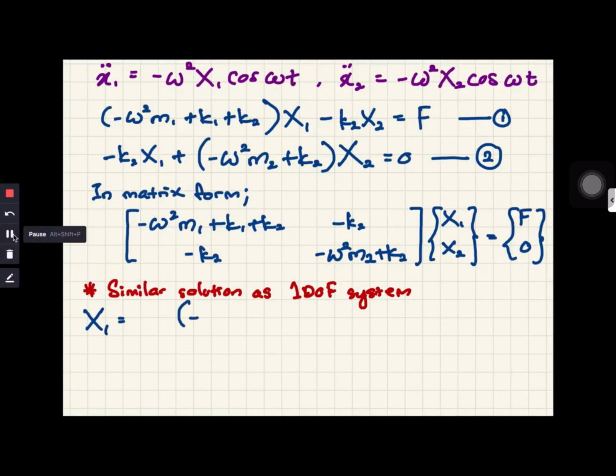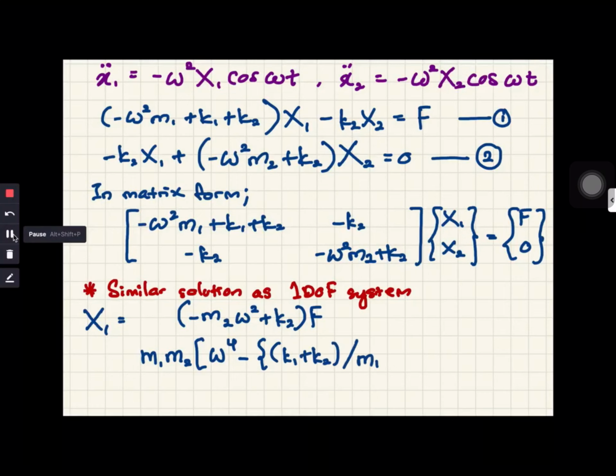Basically we get negative m2 omega squared plus k2 times F, over, I think we write down first, the denominator here: we will have m1 times m2 omega to the power of 4 minus k1 plus k2